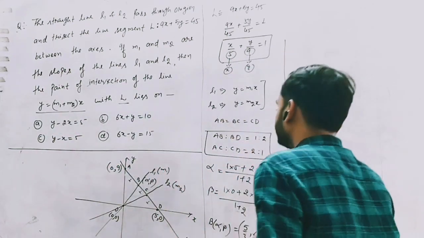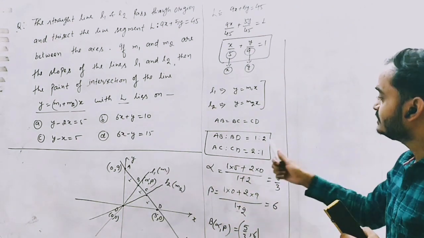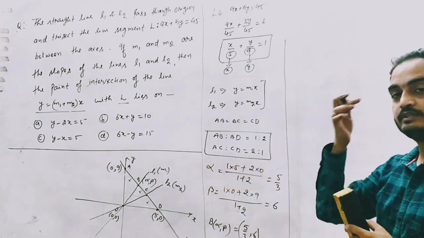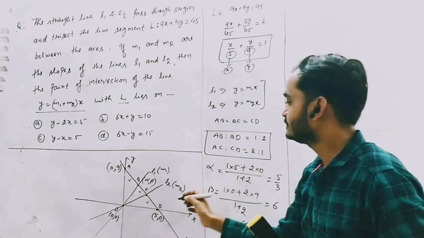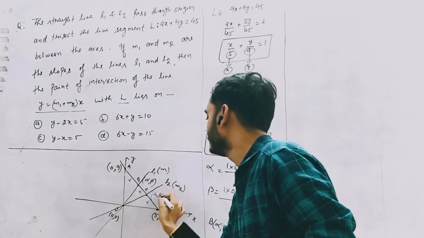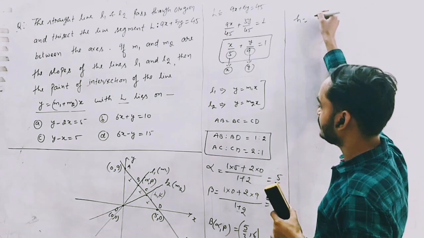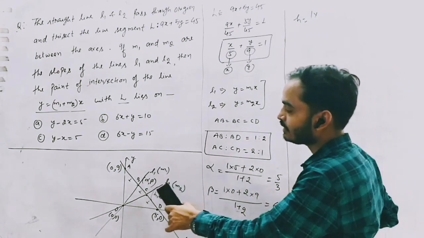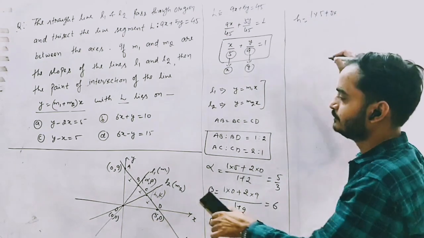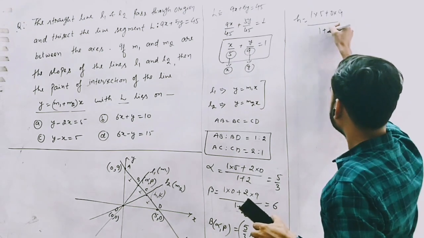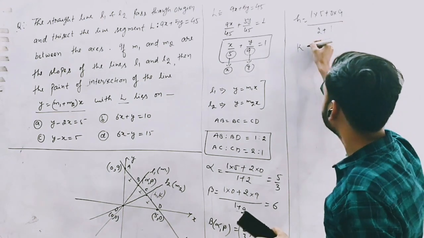Similarly, using the section formula, we will find the coordinate of point C, using the ratio AC to CD. Let's take the coordinate of point C as h comma k. So h comma k are the coordinates of point C. So h is equal to again 1 into 5 plus 0 into 9 upon 1 plus 2, and k will be equal to,